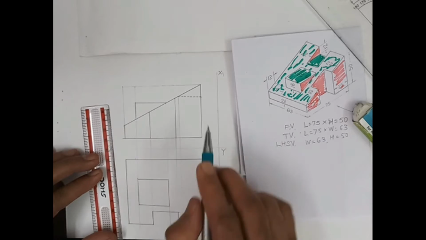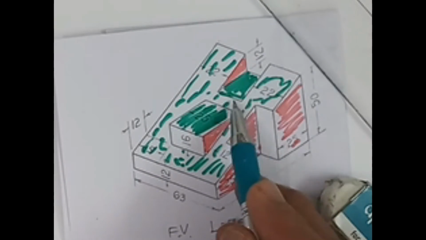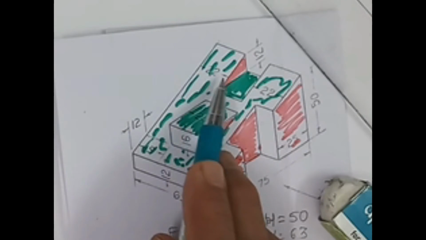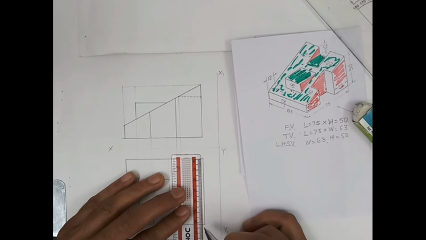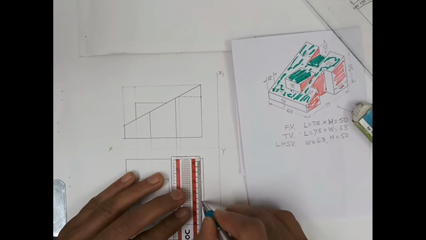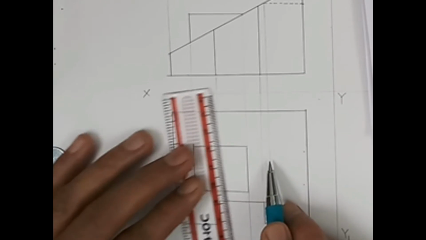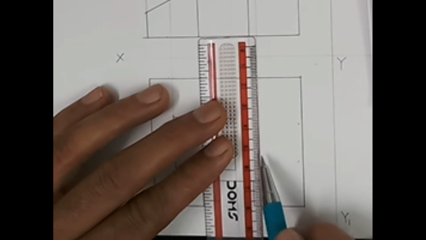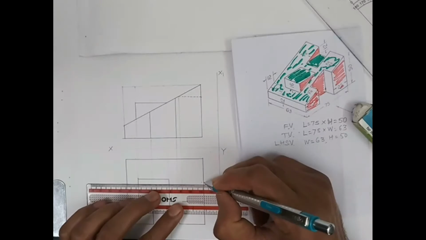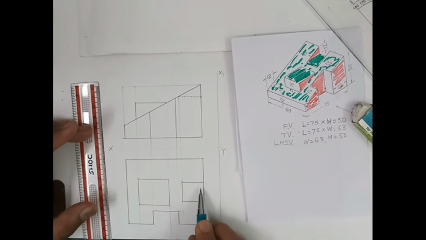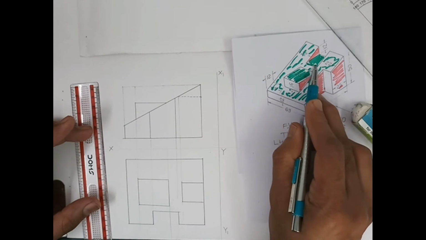And now the only part remaining in top view is this slot, this particular slot. So this slot in top view will be seen as a rectangle. Now how much distance? 22 from here or 22 from here? So from either end we have to measure 22 this side and also 22 from this side. So within these 2 I have to now draw this slot. Okay, so trace this projector, and within this projector I have to show this particular slot. Okay, so this slot is shown, as you can see by tracing this projector, the slot will be seen in top view like this slot I am talking about.